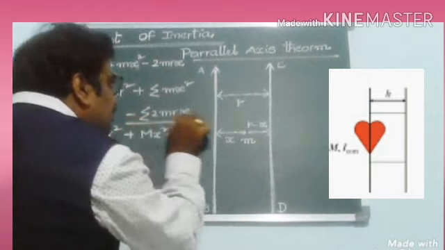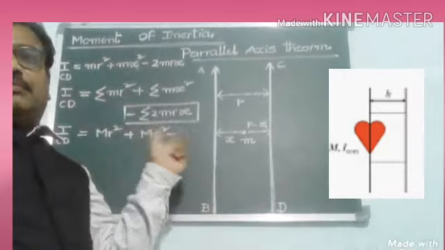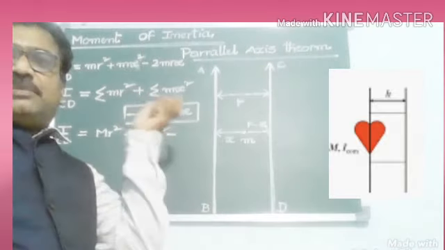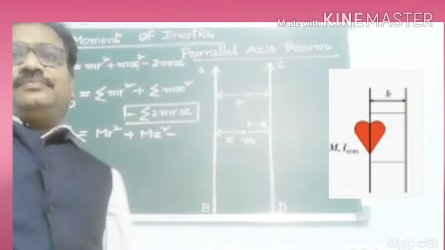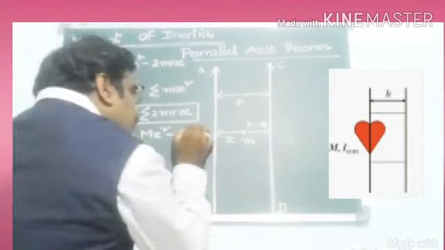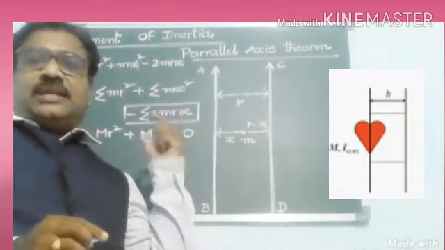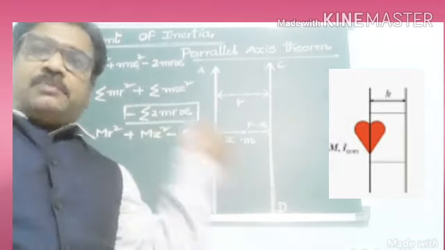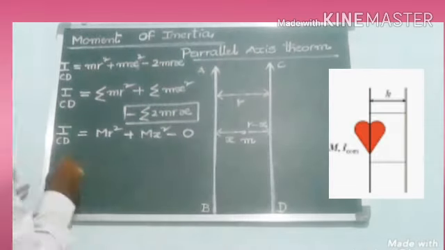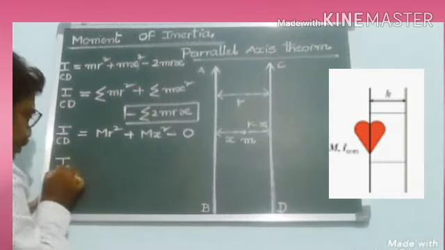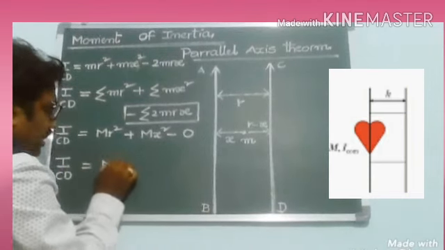This indicates the sum of moments of force on one particular rigid body in a particular plane. Of course, it is equal to 0. Once again, the sum of moments of forces at different points in a particular plane or particular rigid body is equal to 0. So I am going to apply 0. Finally, what are we getting? Moment of inertia with respect to CD axis equal to mr square